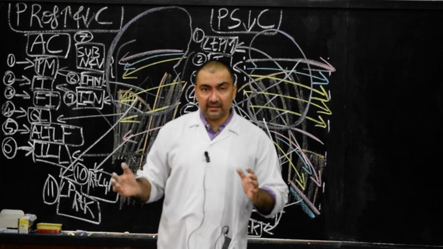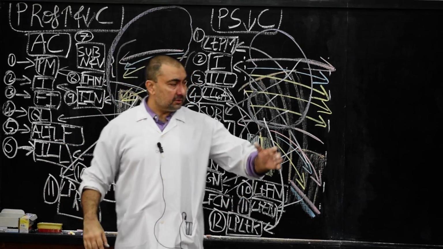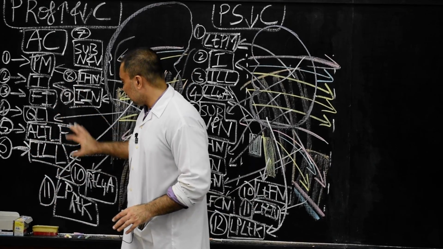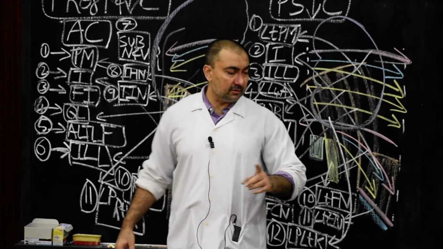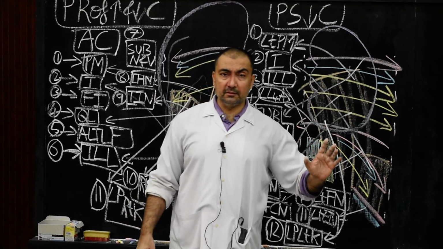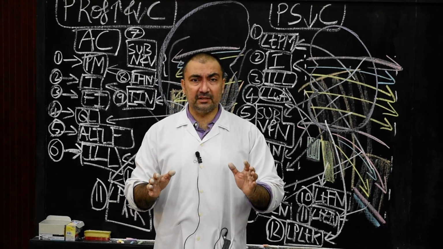In this way, these are the structures which are related to posterior surface of ascending colon and posterior surface of descending colon. If you can remember, with the help of this diagram, there are 11 structures which are related to posterior surface of ascending colon, and there are 12 structures which are related to posterior surface of descending colon. They will be very much helpful in various MCQs or 1-mark question answers.